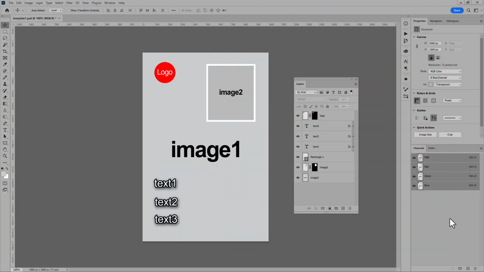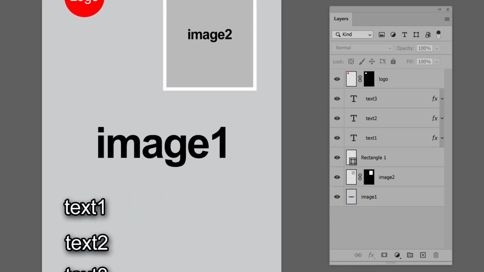Before using this script, some preparation is needed. First is a template image with specific layer names. I have an example open in Photoshop. This image has 2 pixel layers, Image 1 and Image 2, a shape layer, 3 text layers, Text 1, Text 2, and Text 3, and 1 final pixel layer, Logo. The layer names can be anything you like, but it's important to know their names because each has to match a column in the CSV. More about that in a moment.